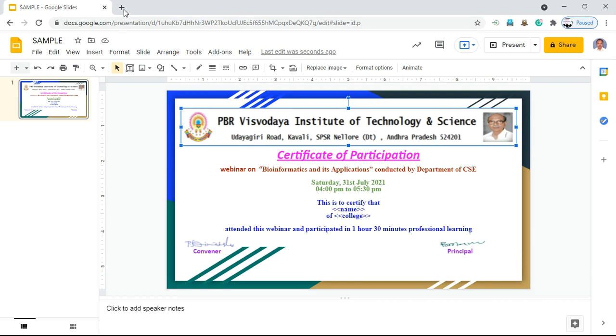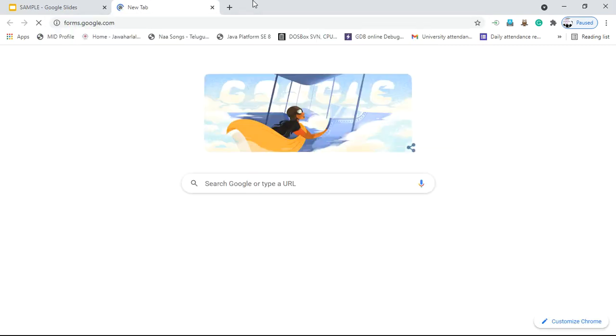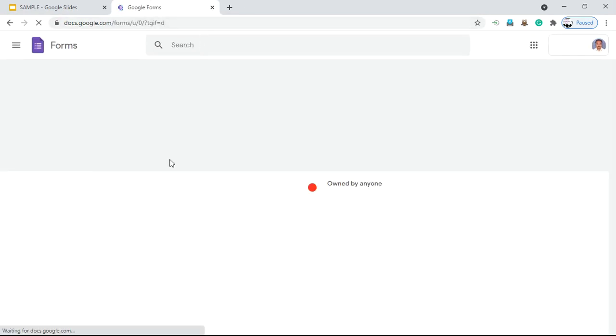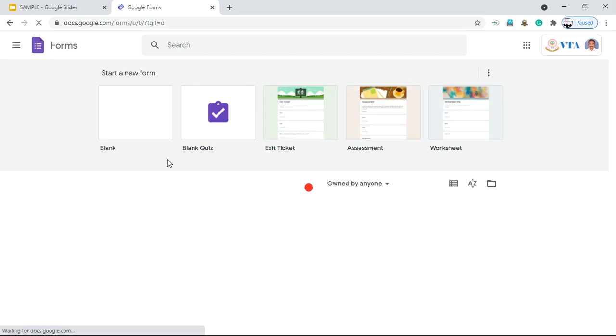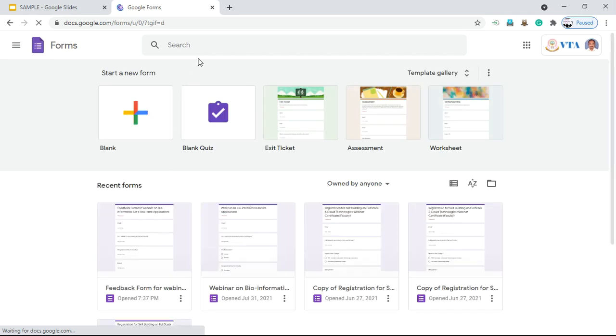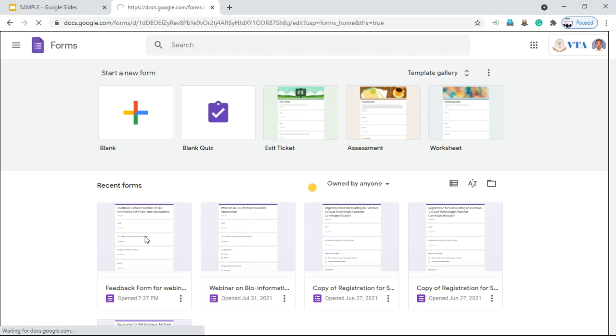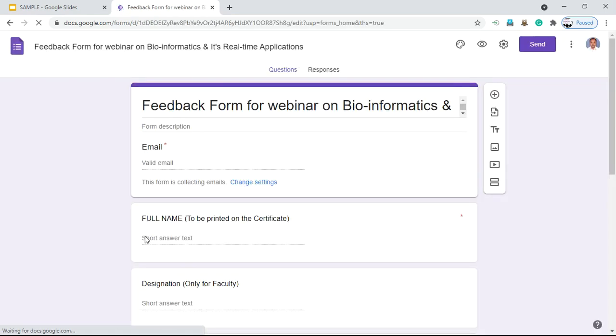Now step number 2 is go through the Google form for the participants, just type forms.google.com. So I have already designed a Google form. You know how to design the Google form.